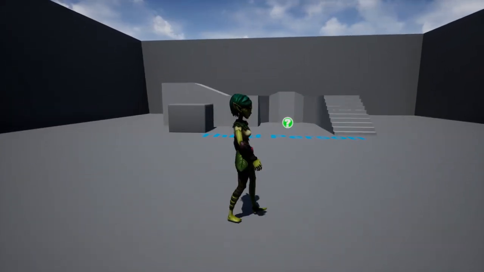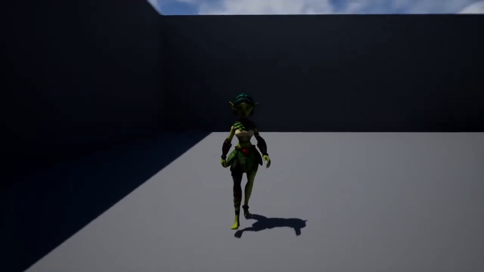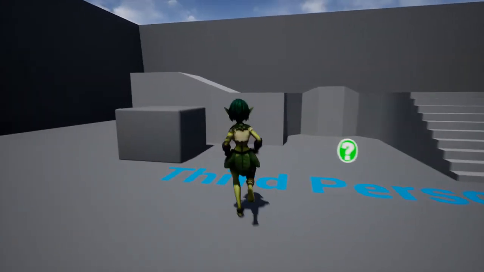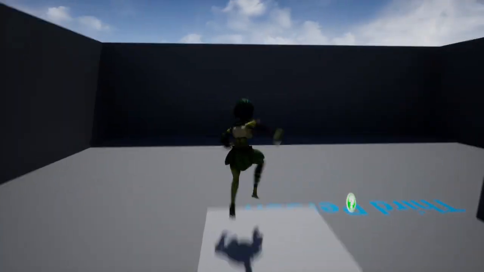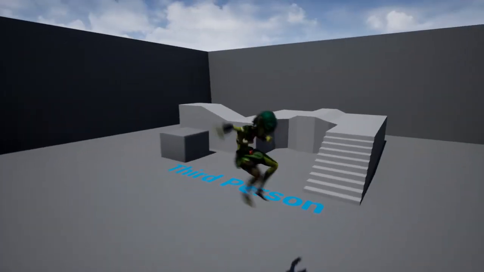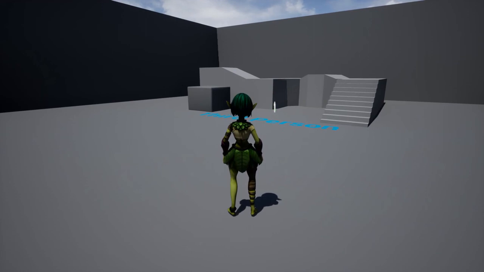So yeah, not too bad. And now you've got a running, jumping, flipping character. Yeah, so in the next one we'll start setting up some more interactable stuff, maybe the collectibles, maybe launch pads, I'm not quite sure yet, but we will